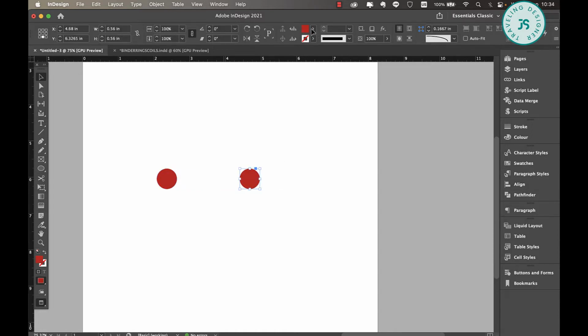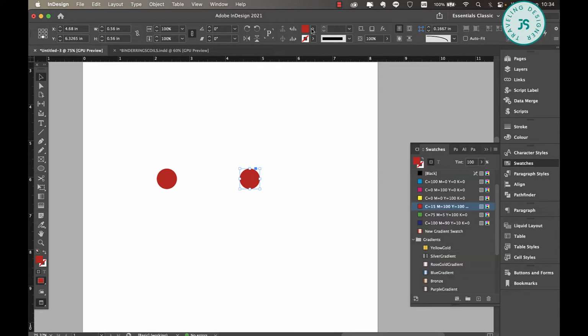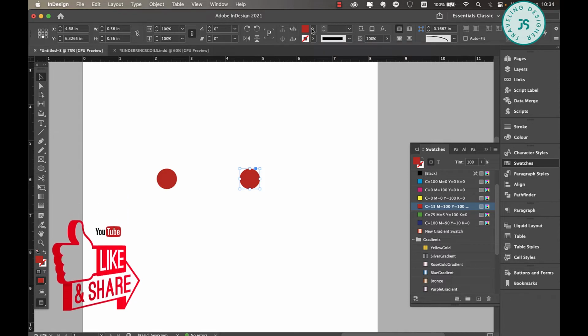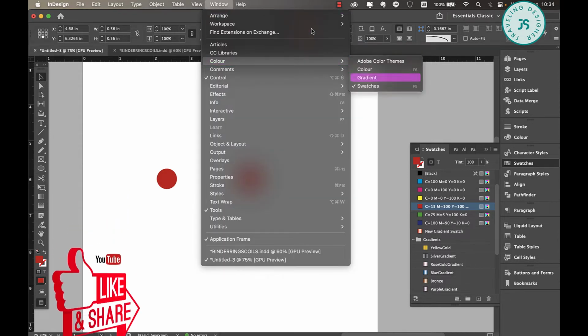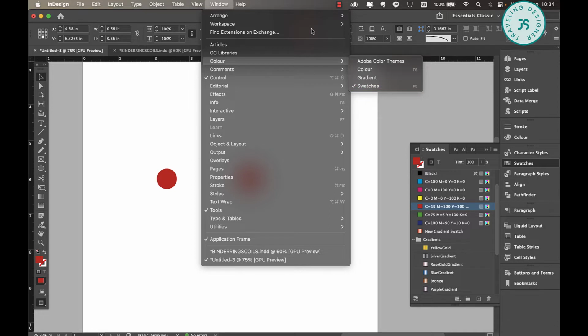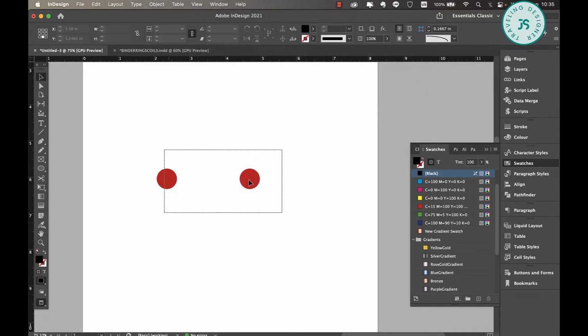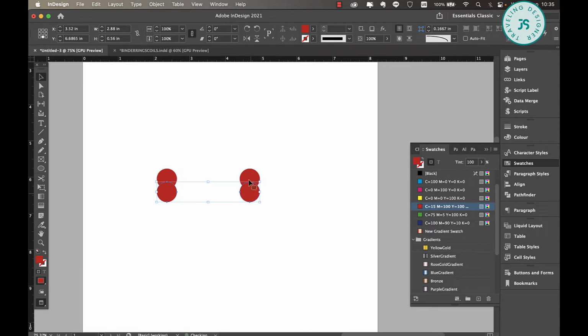Okay. You can also change the color above here or go to your swatches, and you will see all your colors. If you don't have swatches here, just go to Window, Color, then click on Swatches and it will show up. So the next thing to do is highlight these two circles and hold the Alt key again